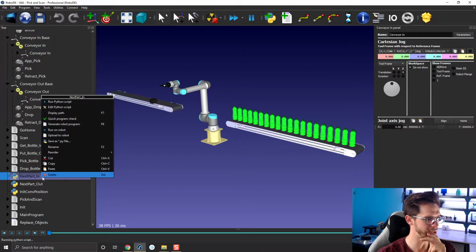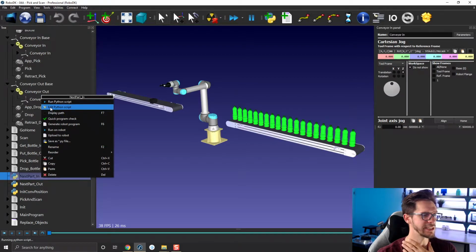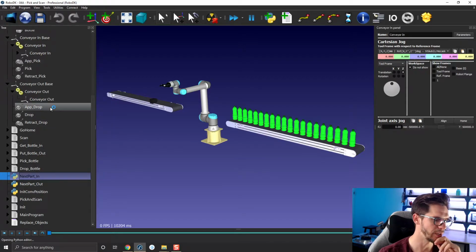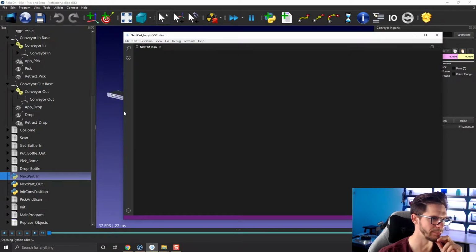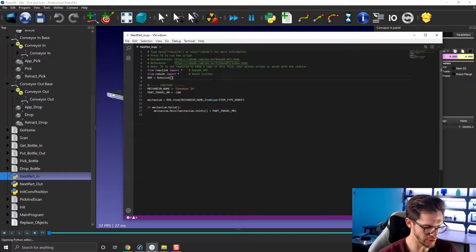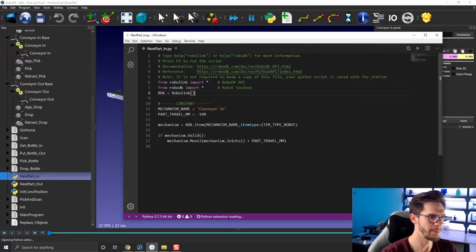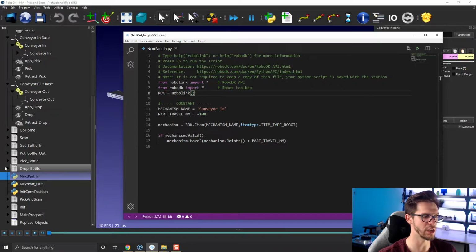If I right click a Python macro like that, I can select edit Python script. If I do so, it will bring VS Codium on top here. I can press Ctrl and plus to make that a bit bigger. I really simplified that macro as much as I could, so you can just copy that from here and bring it to any other station without any problem. The only thing you need to do afterwards is change the name of the mechanism here. So we have here conveyor in, and I'm simply placing it here within